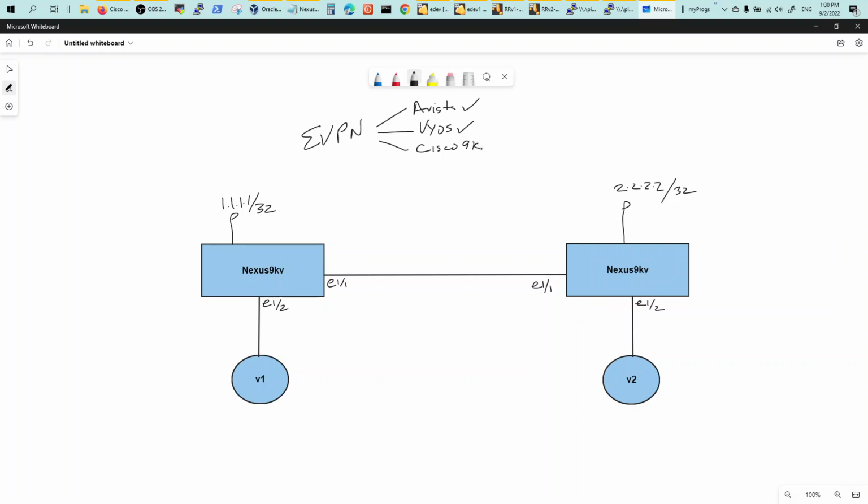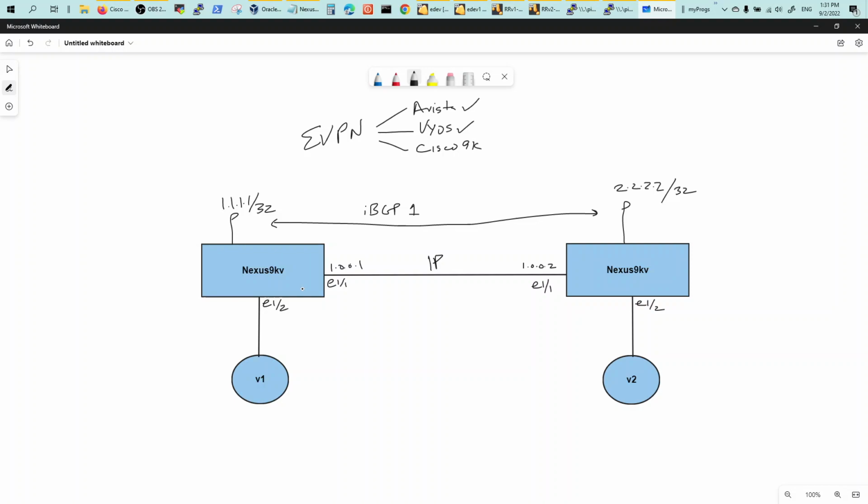Nexus 9K. So once you have the 9kV universal instance, you can put that in this format back to back. Your IP cloud is going to be your link here. In my case, I think I have 1.0.0.1 on this interface, 1.0.0.2 on this interface, 2 loopbacks, and then I have BGP configured,